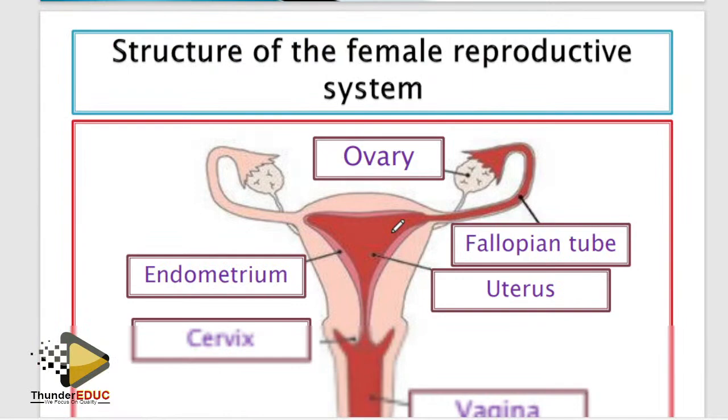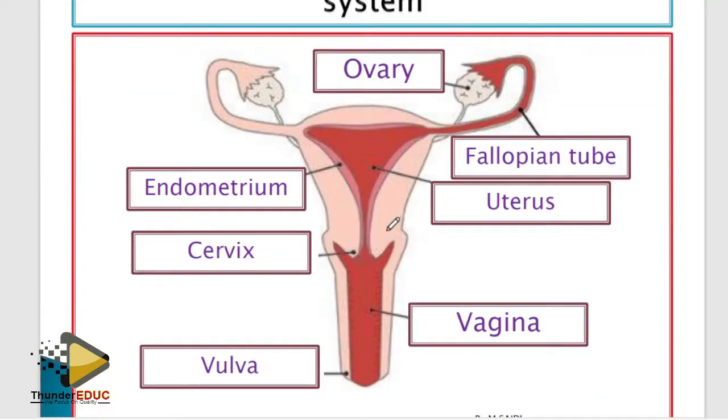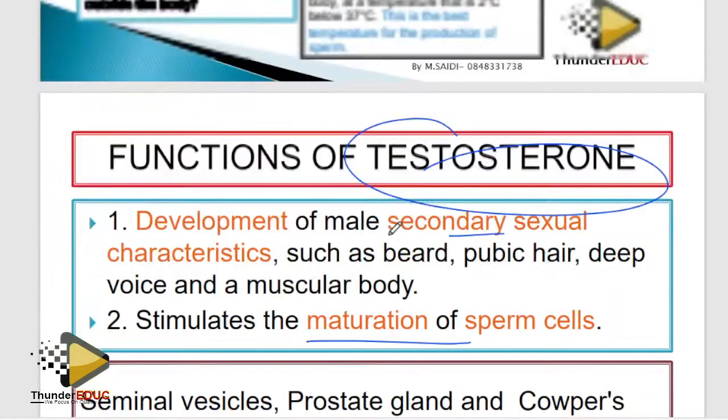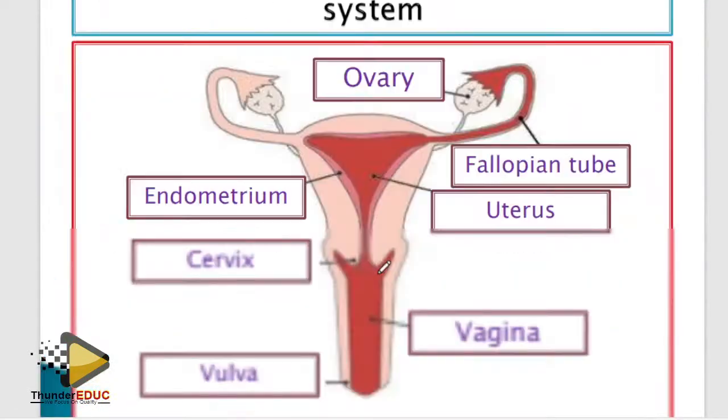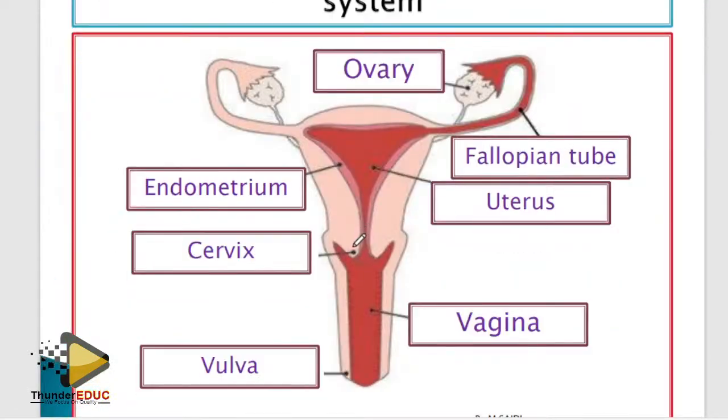Let's go on, make sure that you maximize reproduction. Then when you come to the female reproductive system, obviously you boys, you know this better. So if you know it better, there is no way you will get it wrong. But in most cases, when it comes to the male reproductive system, we bring this sideways, while when it comes to the female, we bring it this way. You understand?